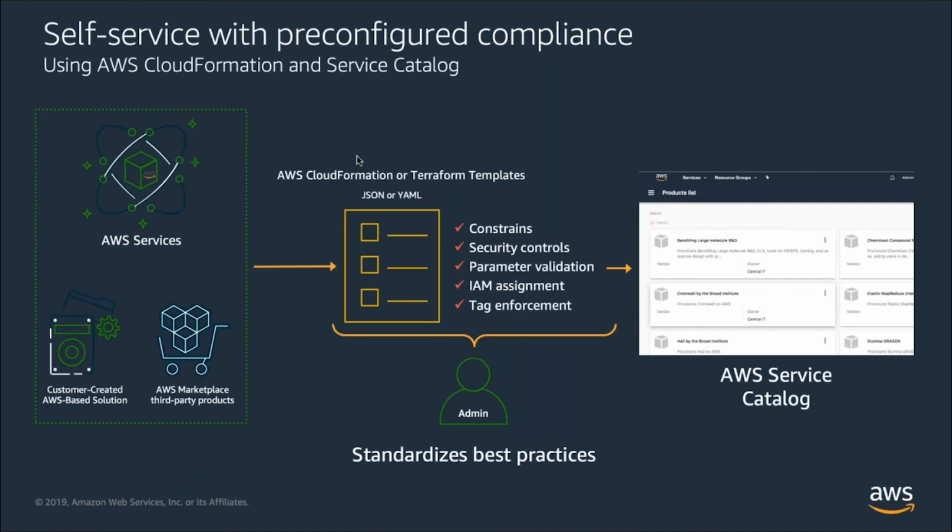This allows you to utilize our AWS services, whether they are customer created and AWS based, or those from the marketplace and third-party products like those that I just mentioned, and be able to use either CloudFormation, which is our AWS infrastructure as code, or Terraform templates that can help automate and enable these types of constraints and provide the transparency layer on top of it, so the administrator is able to standardize best practices, understand those roles and permissions